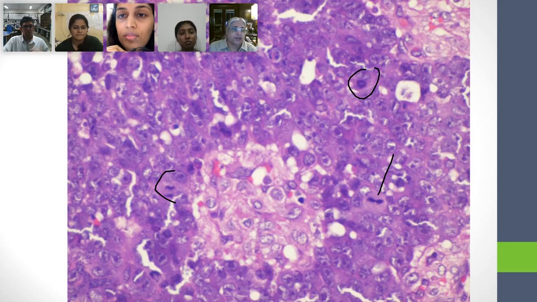Anybody in the chat box saying where the nuclear membrane has gone? You know that in mitosis, the first thing that happens is that the nuclear membrane disappears. What is happening inside, for all practical purposes, is happening in the cytoplasm. And if you ever see something that looks like a mitosis, but there is a nuclear membrane around it, it is not a mitosis. It's an artifact or it is something else.